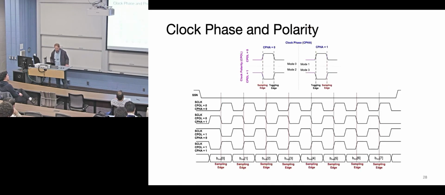Okay. This is where the pain of not having a very standardized protocol comes in. You have every combination of clocking on falling edge or rising edge, or the polarity of the clock could be positive or negative. So that gives you all the different timing modalities of when to sample. And you can work your way through this diagram just to see that all four are viable or usable.